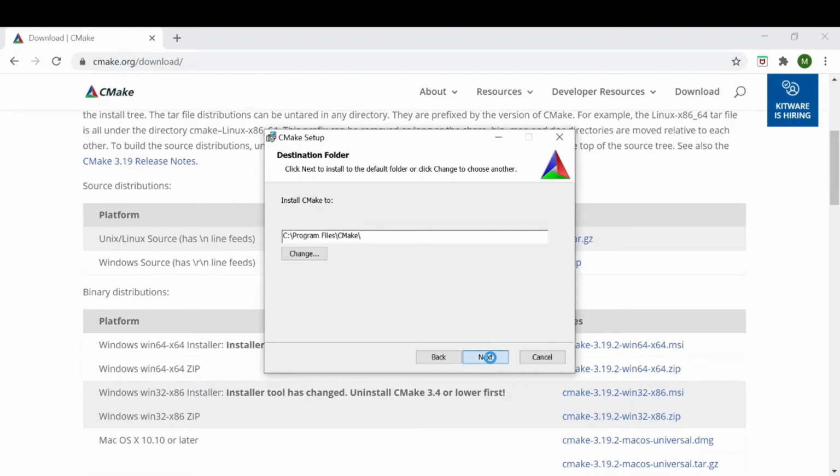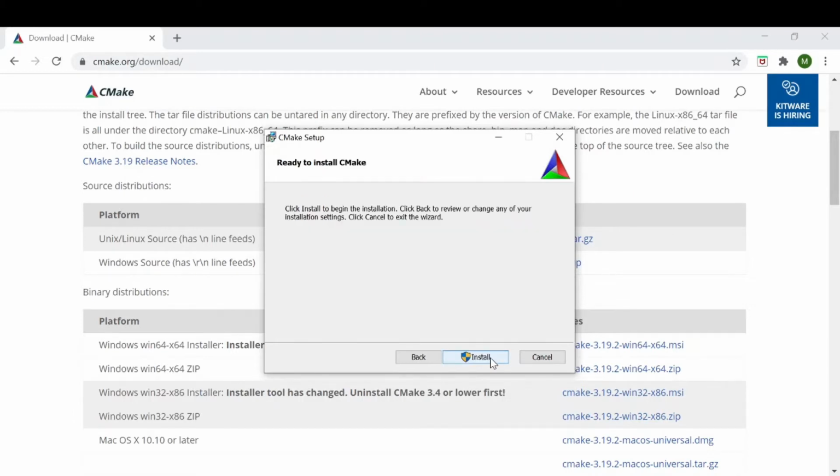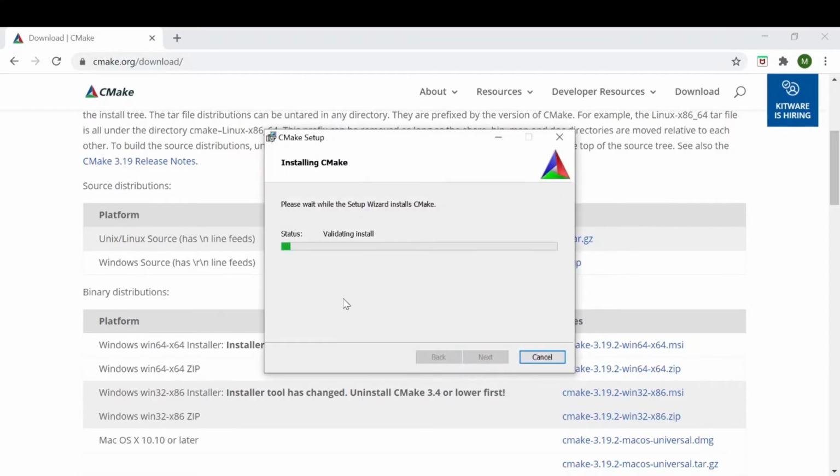Next. Need to install it. It will ask for a permission, so you need to give the permission and then install it.